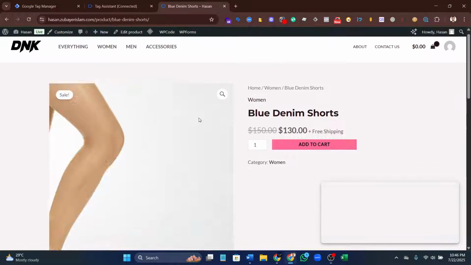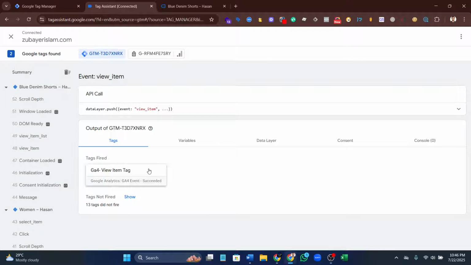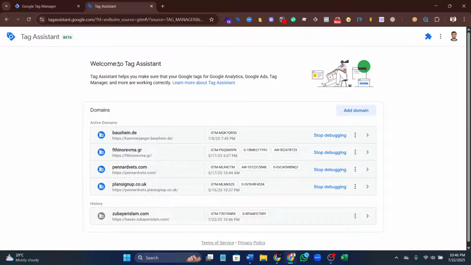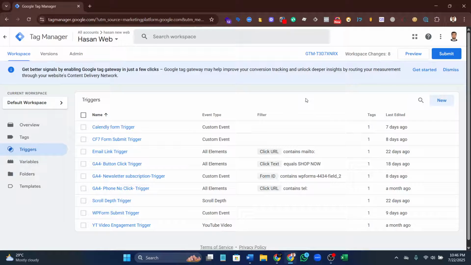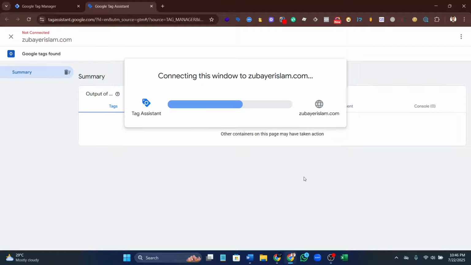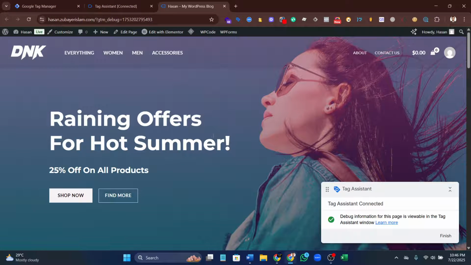Google Tag Manager tracks which product a client saw, and why they didn't buy. We actually measure this through GA4, so Google Tag Manager works for GA4. So first of all, we have to create a tag for view item to send the data